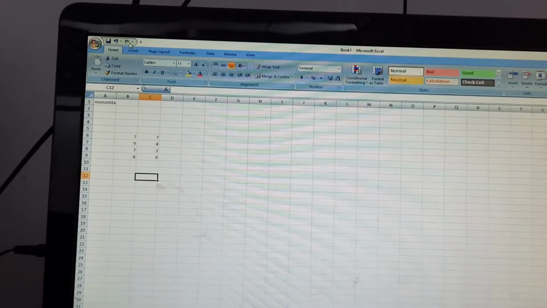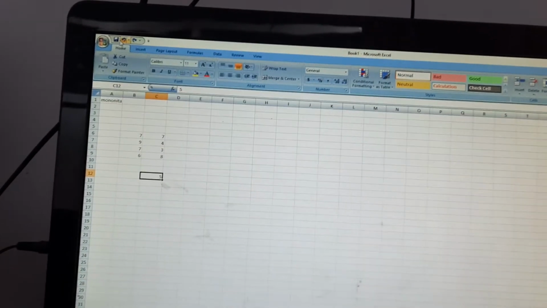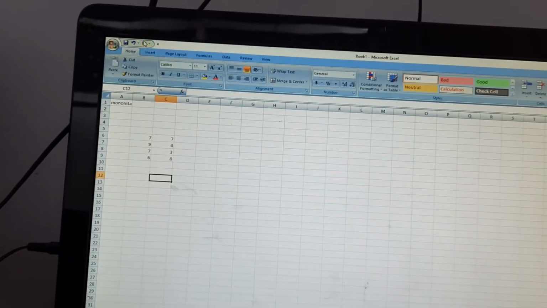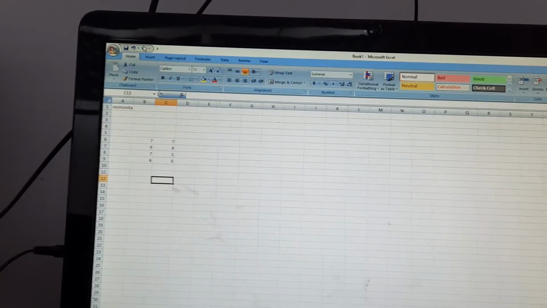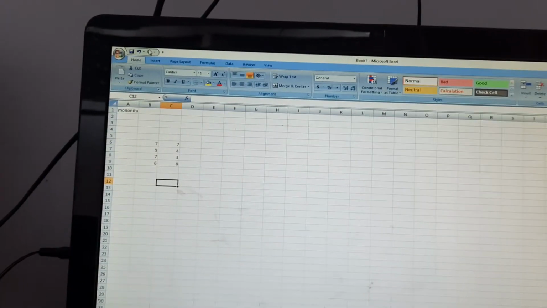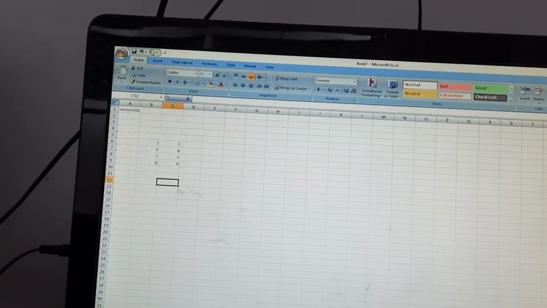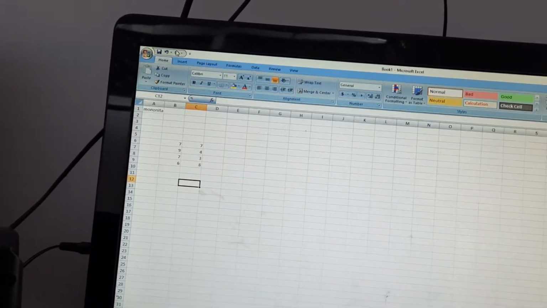Okay, so as we do undo, the number comes again in the same place, and as we do the redo, the number is gone. Means sometimes when we are doing some work and by mistake something has been deleted, we can undo it, or if by mistake something wrong has been written, we can redo it. Okay, clear?